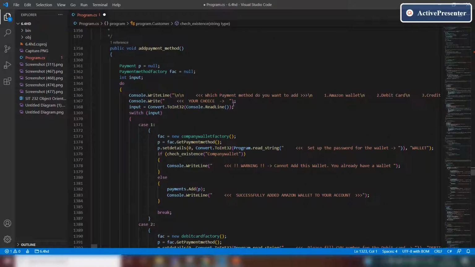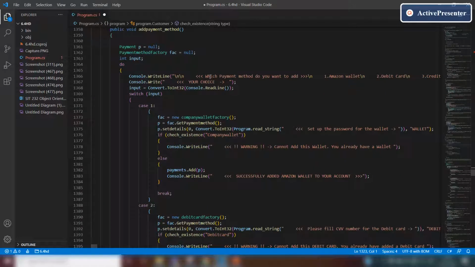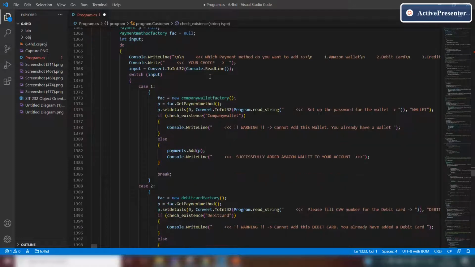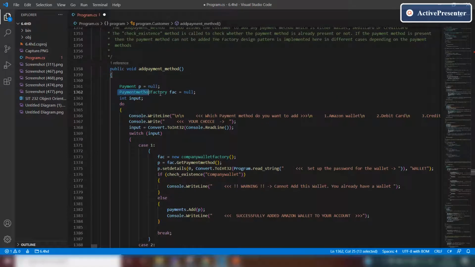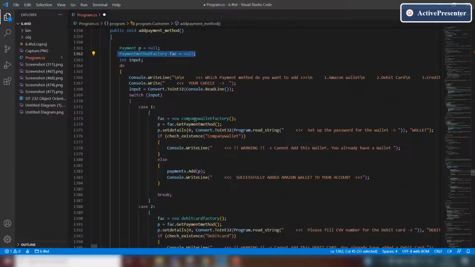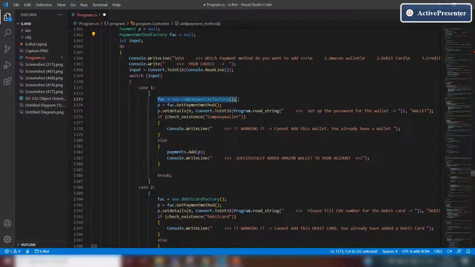Here this is the add payment method which is implemented to add any payment method in the program to the customer. Now this is the payment factory object FAC which is set to be null, and here it is initialized with the company wallet factory when the user wants to add a company wallet as a payment method.